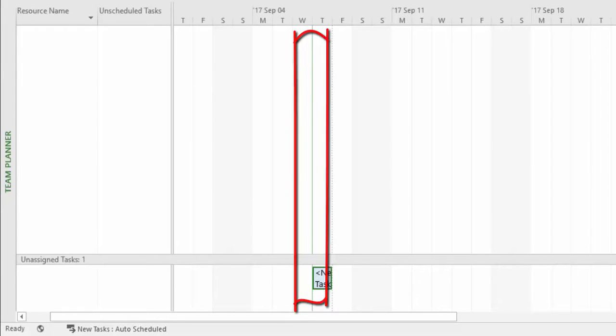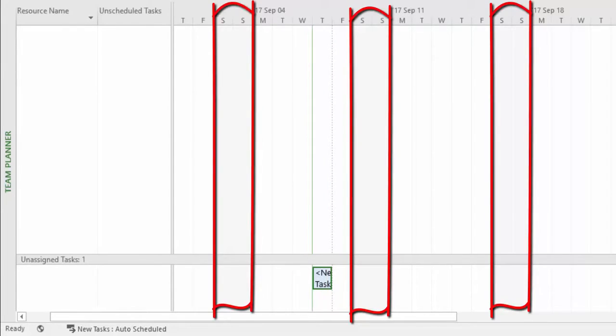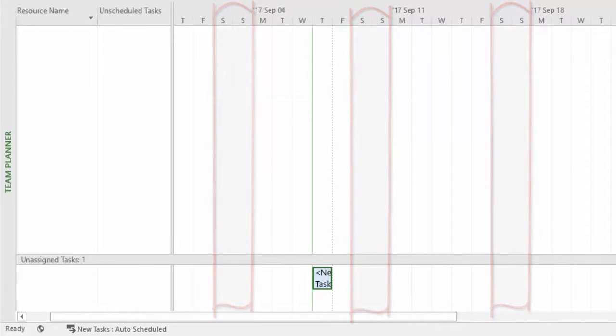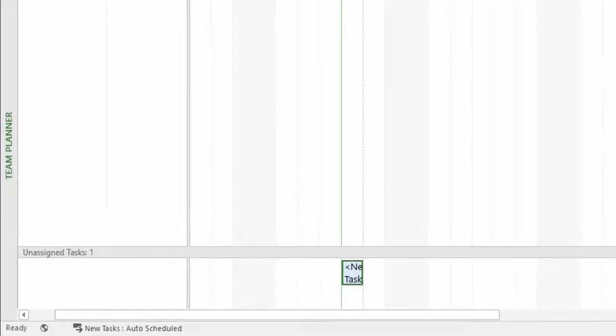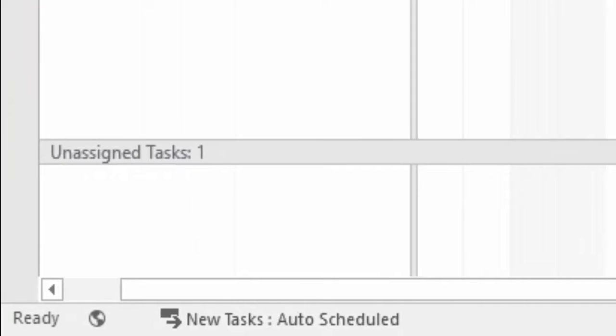You will also notice gray shaded bars, primarily on Saturday and Sunday. Those are my project's non-working days, and by default, no work is performed on those days by my resources. Also worthy of mention, as can be seen here on the bottom left, my new tasks are auto-scheduled. That means the finish dates are calculated based on the start date of my task and its duration, as